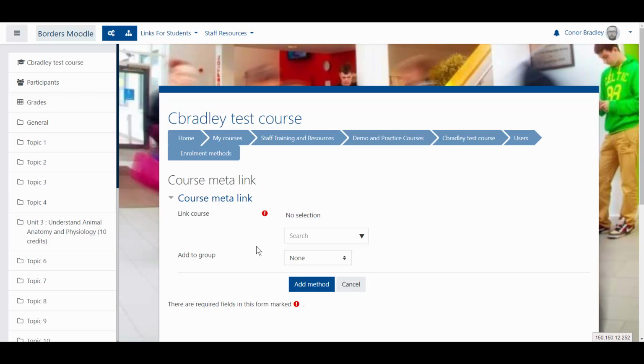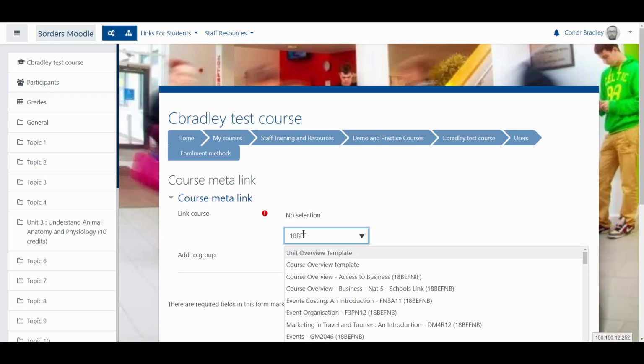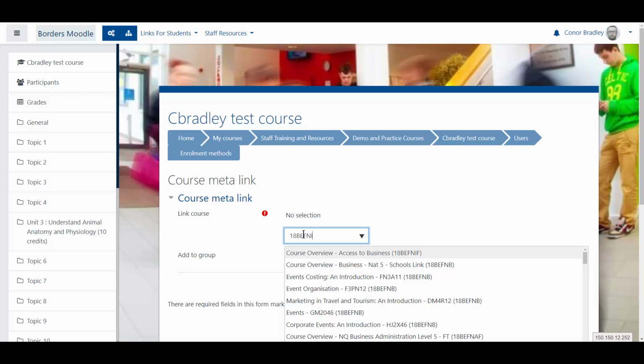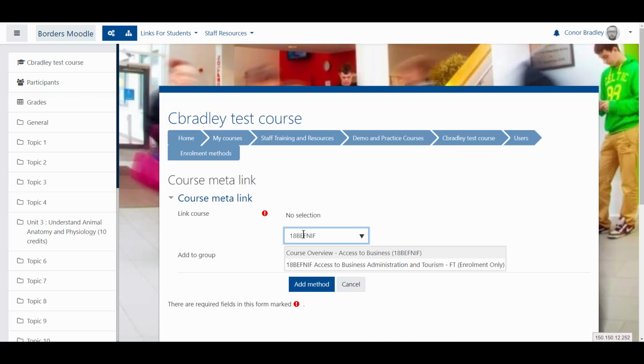Once I've got this course meta link option up, I need to type in the course code for the student group that I want to add. After I've typed in this option, we'll see that we get a couple of items in the list below. The one you need to add is the one that's got the course code at the start, the name of the course, and says enrollment only in brackets. Once you've clicked on it, hit add method,